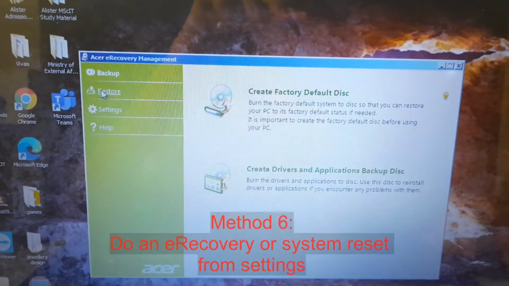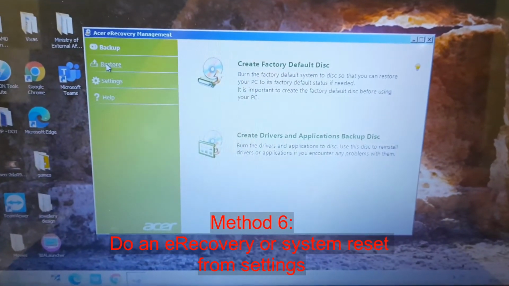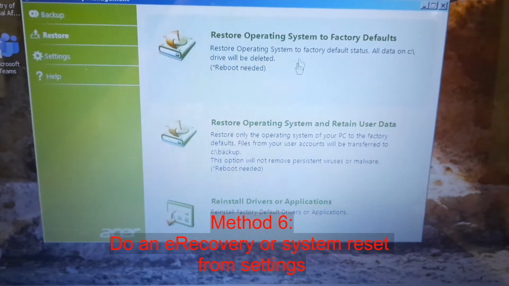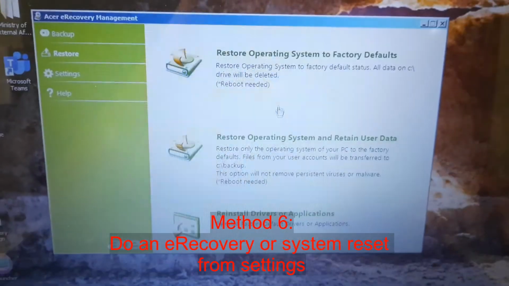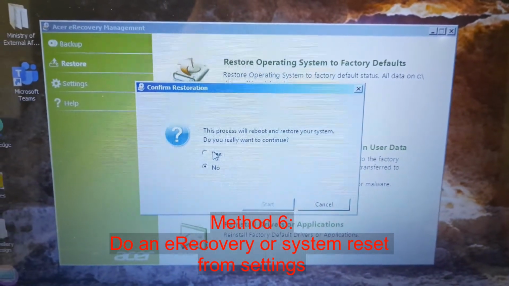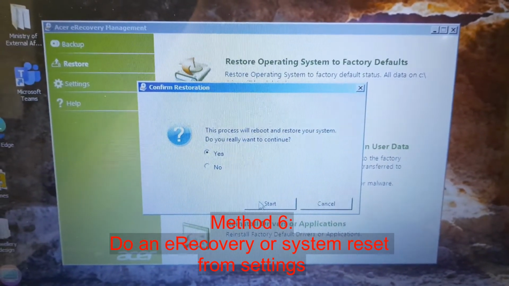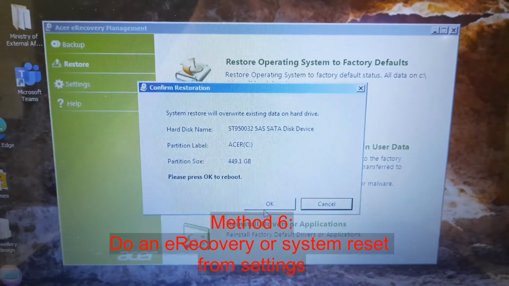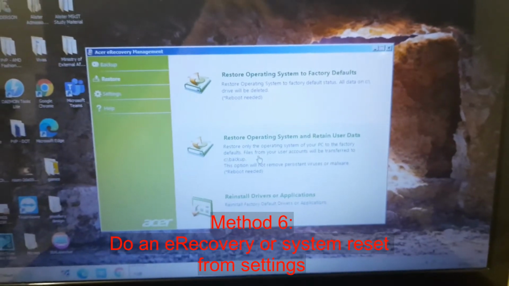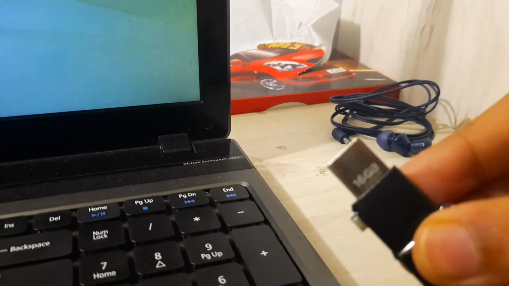As you can see right here, it gives you the option to restore the operating system to factory settings, or restore the operating system and retain user data, that is to back up data. I would recommend you back up your user data before doing this, but I already have backed up my important stuff to a pen drive, so I'm just going to go ahead and restore everything to factory default. As you can see, this is the pen drive that I've copied all the folders in.